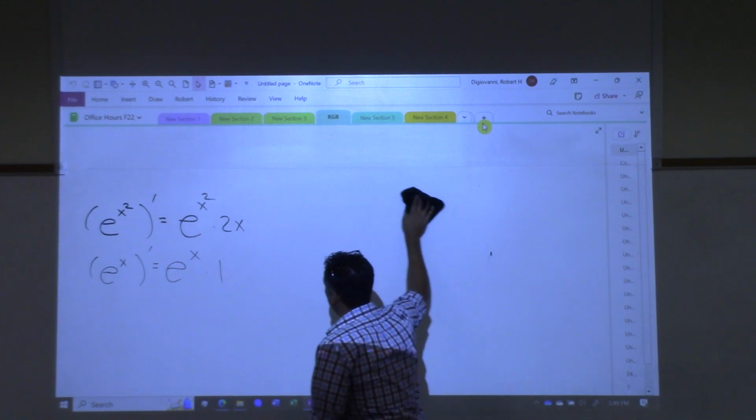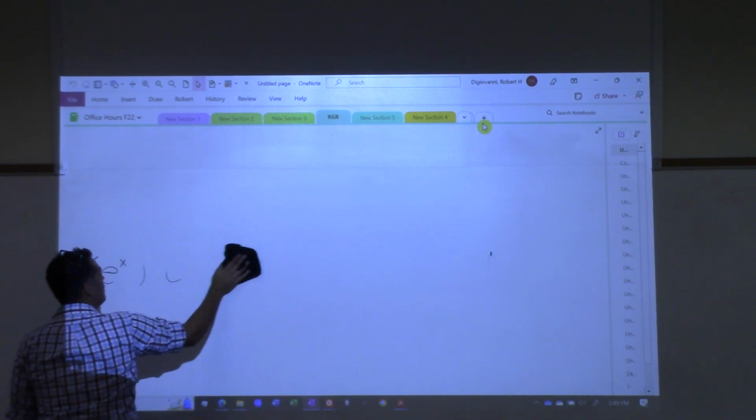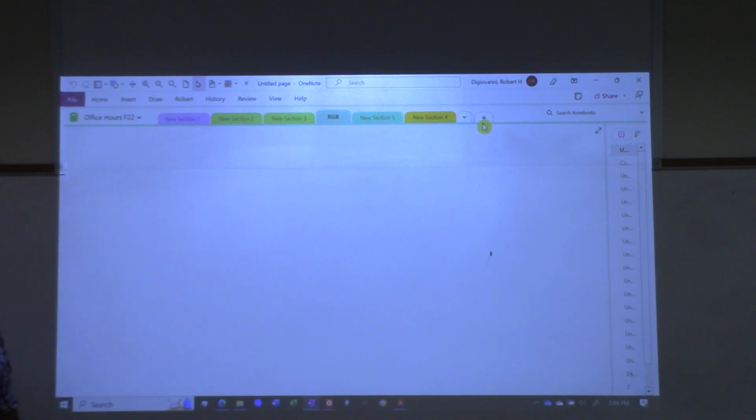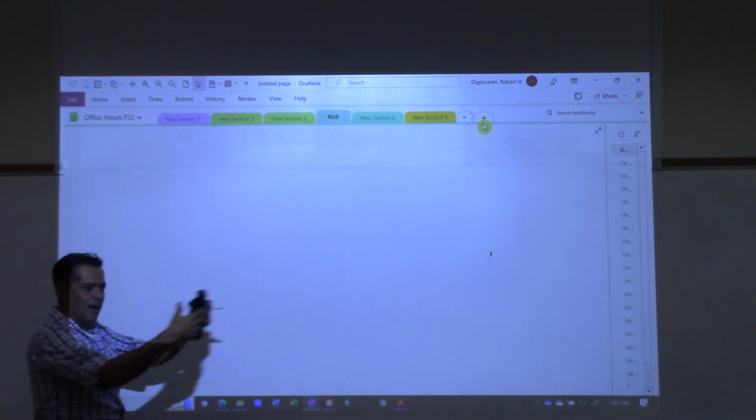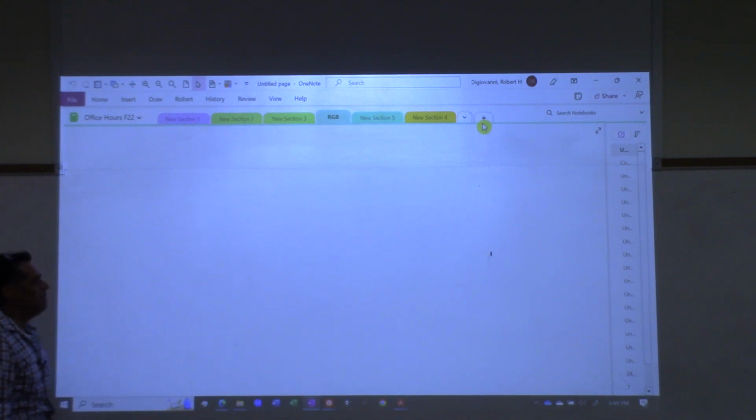Have you all heard the expression, don't get the carriage in front of the horses? You have horses and then you have the carriage. Horses, then the carriage. That's not the way it works, right? So I don't mean to get the carriage in front of the horses here, but